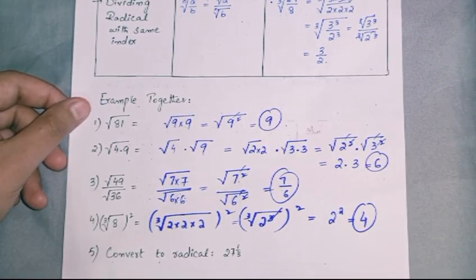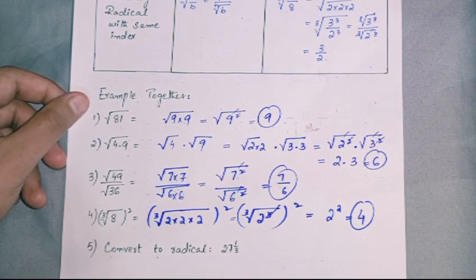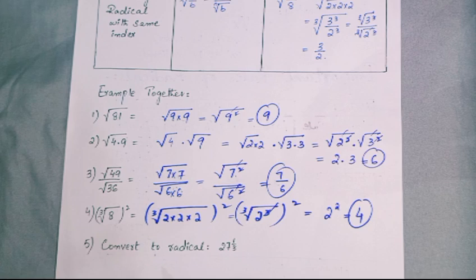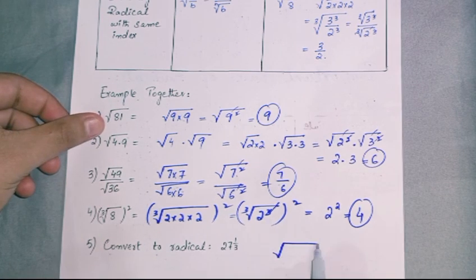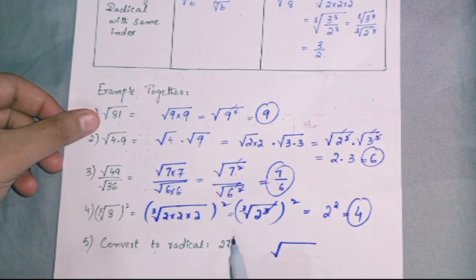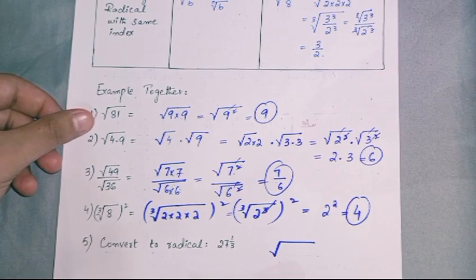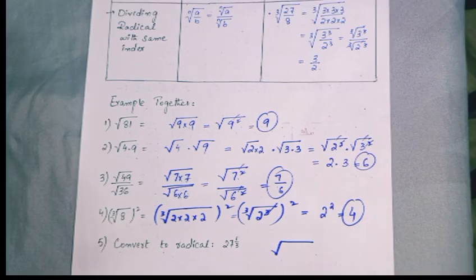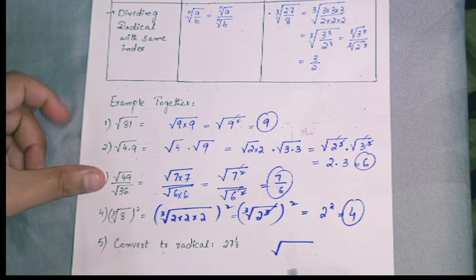Now in this question 5, they are simply asking to convert to the radical. This is just a one step answer. They are just saying to convert in a radical form. It means in this form. So how can you convert it in this form? Here it is written as 1 over 3. I have already told you whatever is written in the power, like if it is the half, it is a square root. And if it is 1/3, it will be the cube root. If it is 1/4, it will be the 4th root. Okay, so I will be just writing here.